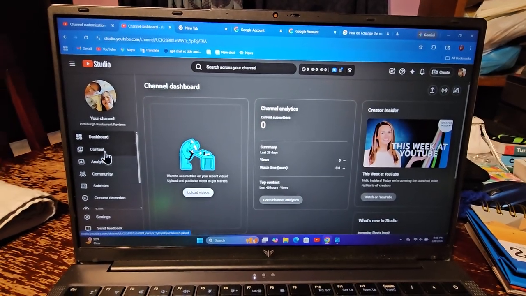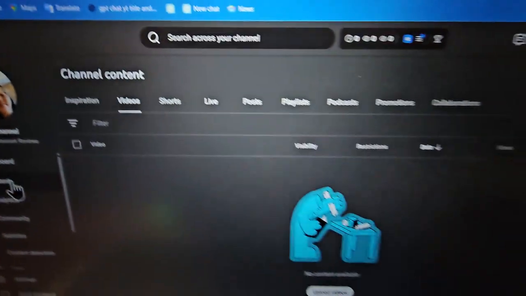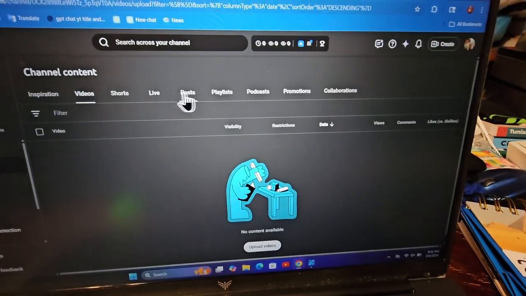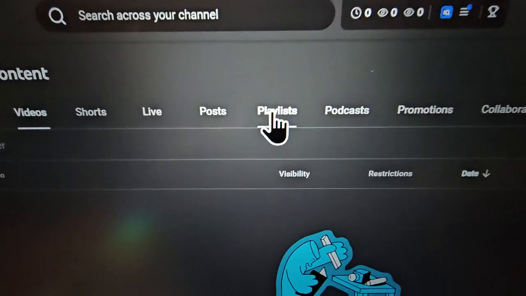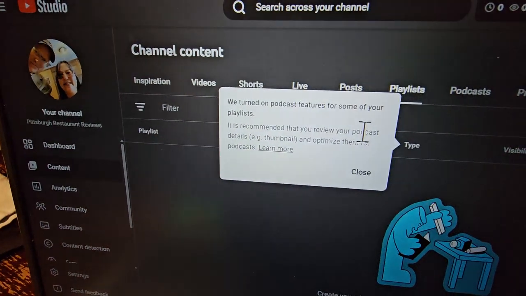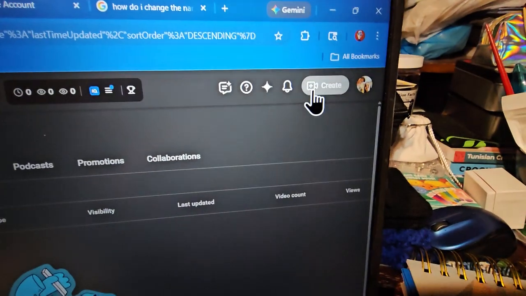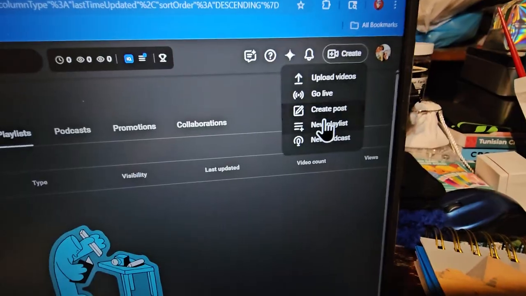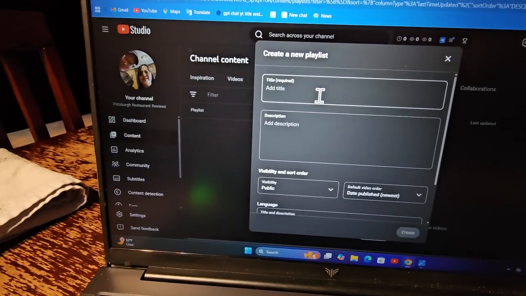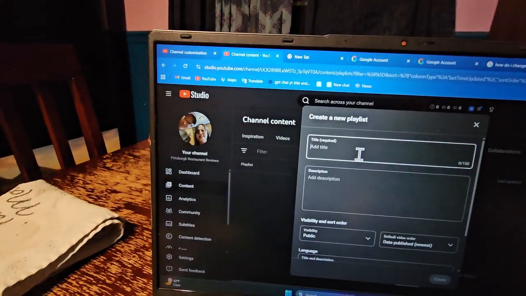Go down the side here to Content. Click on Content, and then you'll have these tabs up here: videos, shorts, live, etc. Go here to Playlists, and then go up here to Create, and then hit New Playlist. Create New Playlist. Okay. And then you can make the title of your playlist, and that would be, for me,